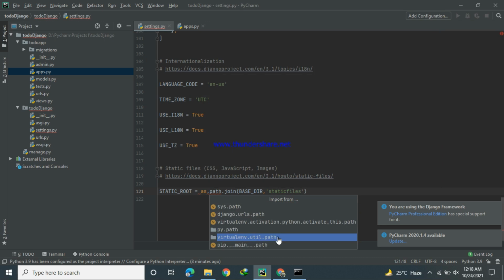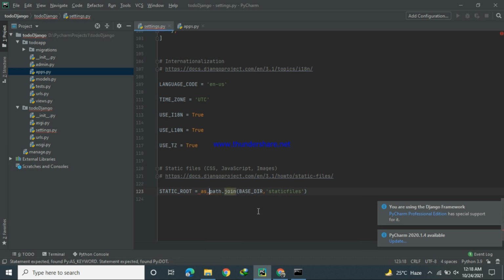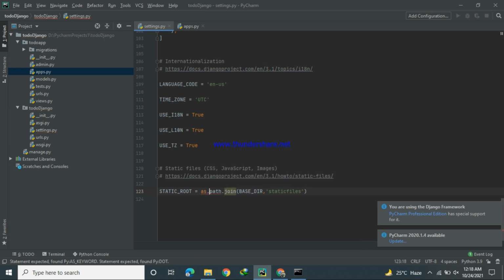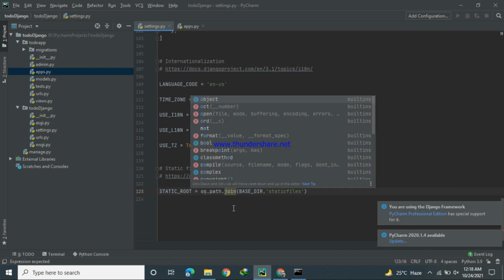We will import the path here. Sorry, we have to place there os.path.